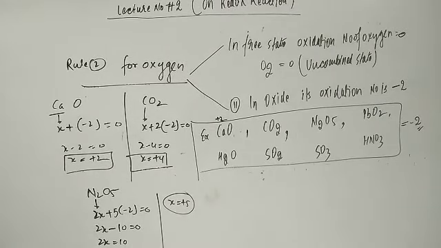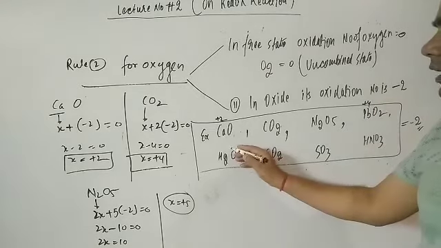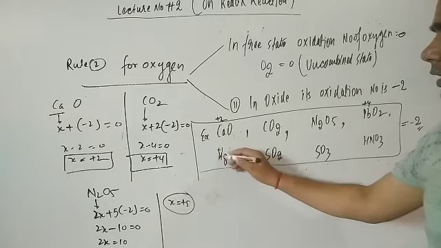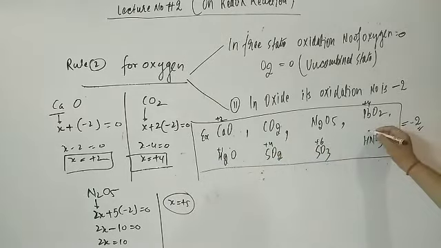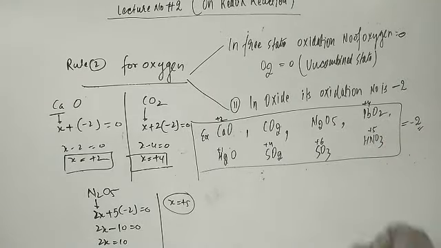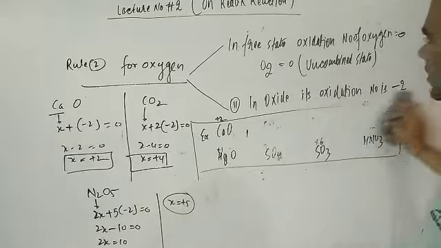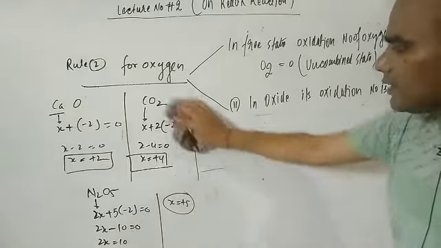So students, the others you can already calculate, student. Here is the +4, here how much is coming, student? +1, here will come +4, here will come +6, here will come +5. So this you can calculate. So we are studying the rules for the calculation of oxidation number of oxygen, dear students.